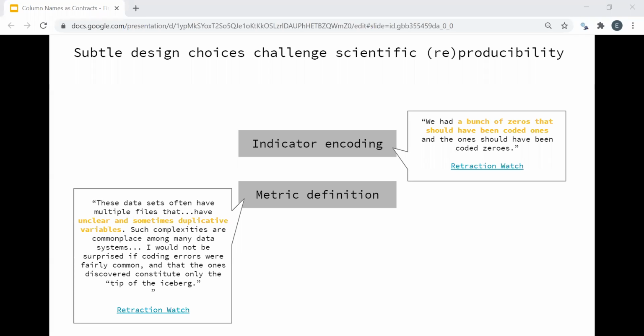And we know that these sorts of design issues have very clear results by just a quick search on Retraction Watch can really unearth situations where all of these issues have come into play. I've just highlighted a few examples here of indicator variables where precisely the opposite outcome can be modeled and trained for, or ambiguous metric definitions have thoroughly changed and confounded the results of an analysis. So there really is a lot of functionality in our data that we should always be keeping in mind,